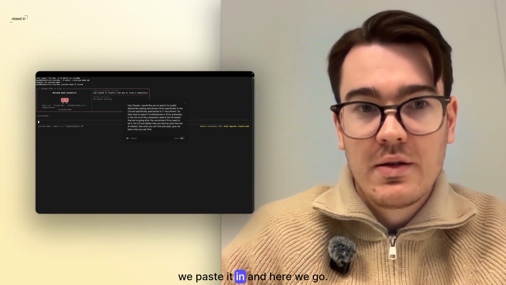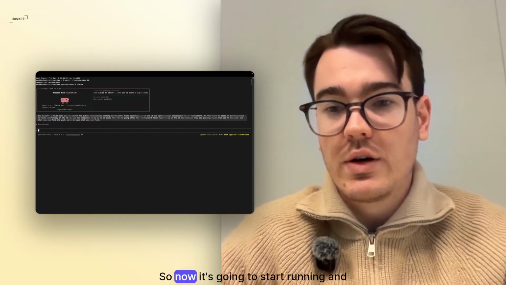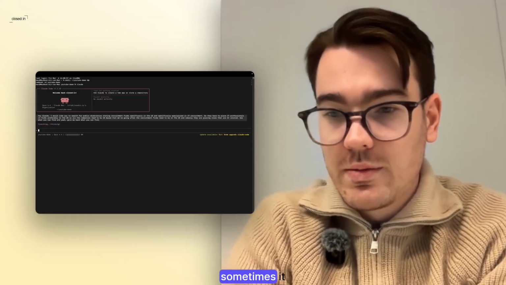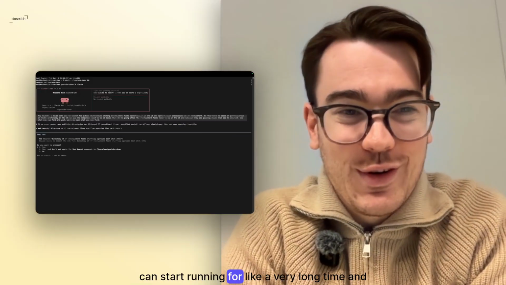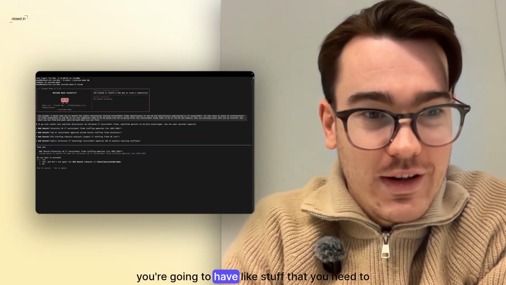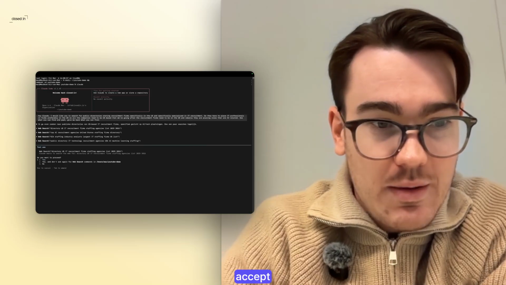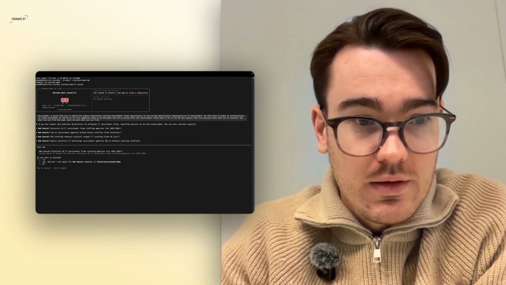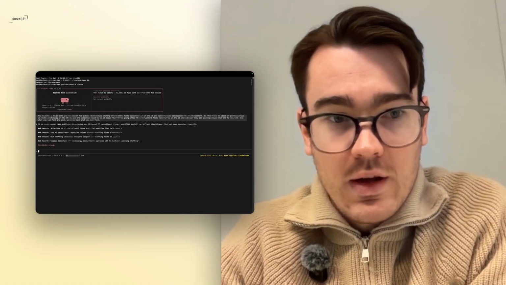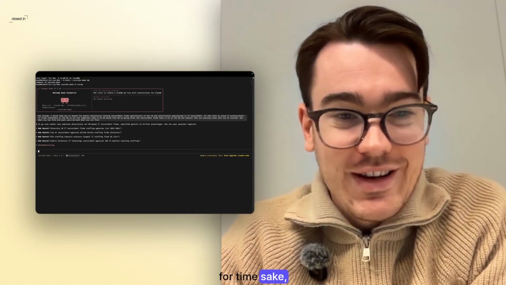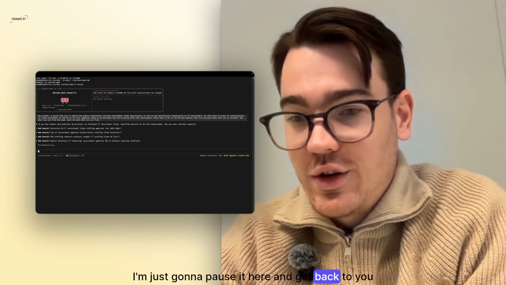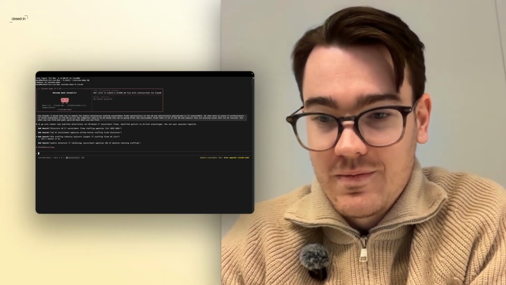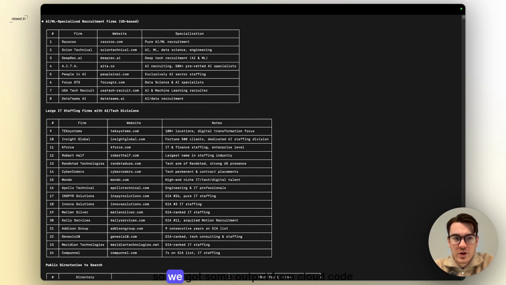Okay, we paste it in, and here we go. So now it's gonna start running, and sometimes it can run for a very long time, and you're gonna have stuff that you need to accept, like bash commands. For time's sake, I'm just gonna pause it here and get back to you when we have the result. Okay, so we got some output from Claude Code, and basically it's giving me